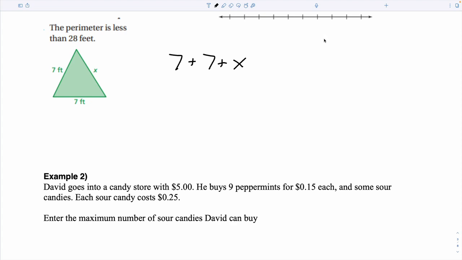Yeah, less than would be less. Good. And the triangle is not drawn to scale, if anyone was wondering. It's actually not even possible to make a triangle like this, but for the sake of our problem,